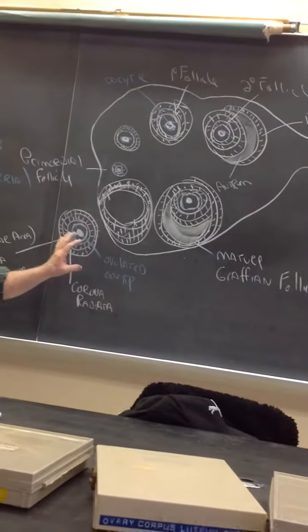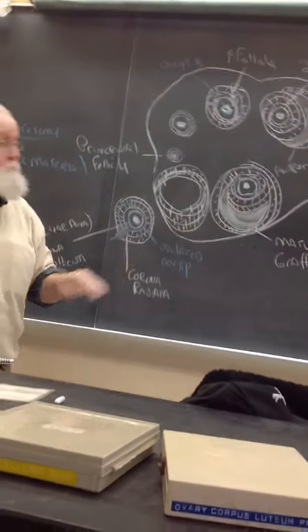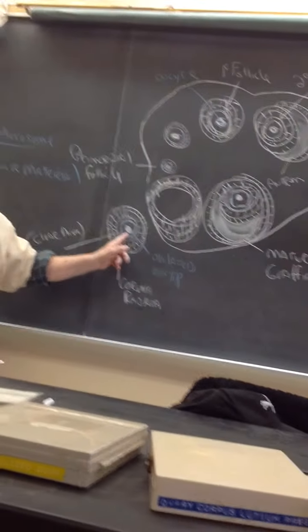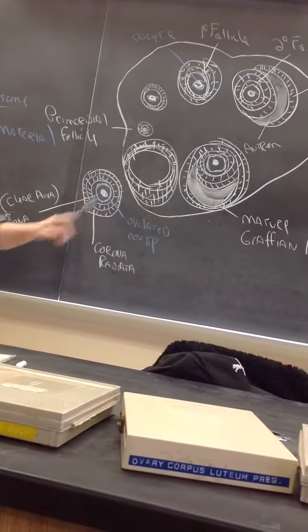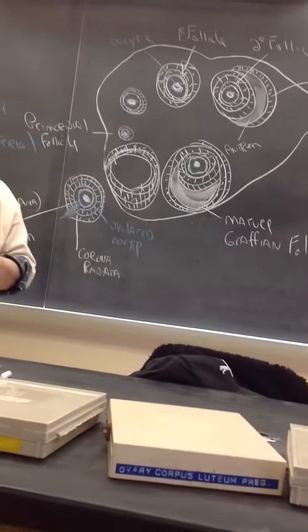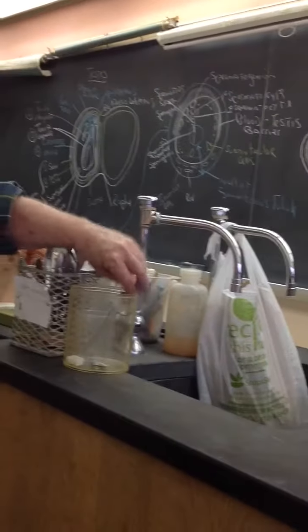Causing ovulation, luteinizing hormone. If there is a pregnancy, the follicle will remain behind. The follicle will remain behind, be viable, because of the development of,